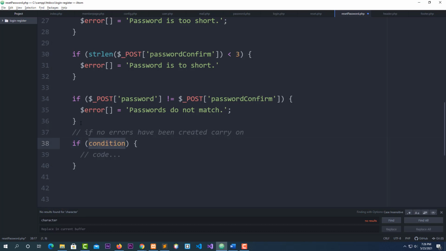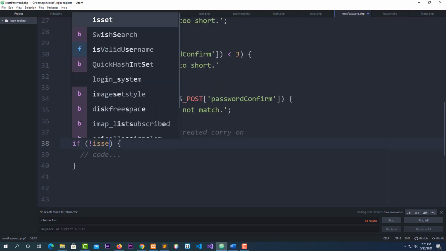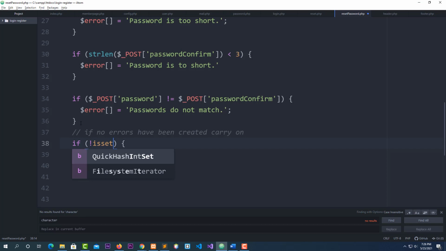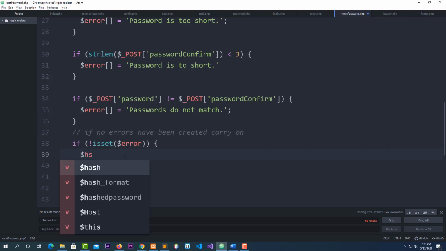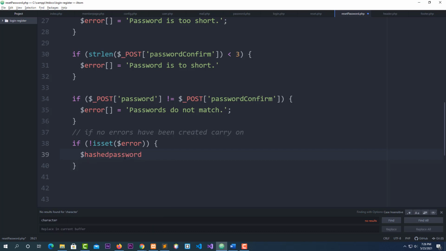If there is no error, if not set error $sign. Okay, and not set error, I have to hash password. I have to hash password equal